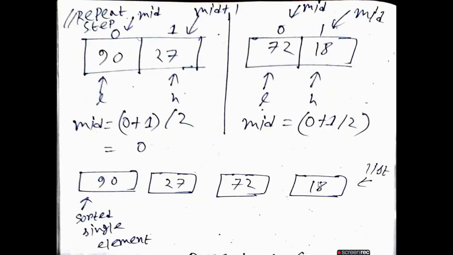Now next, this is basically the divide. Now you will observe carefully. Here we cannot divide further. No further division, because the array has just one element. How is it possible to divide?